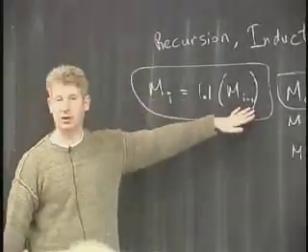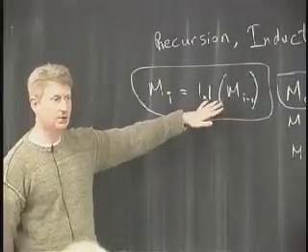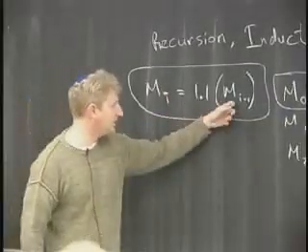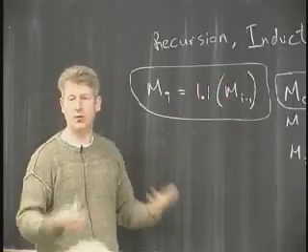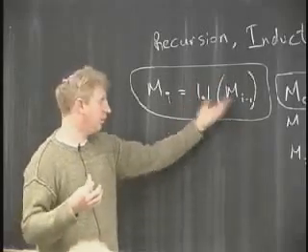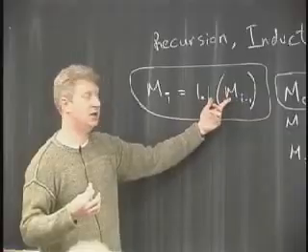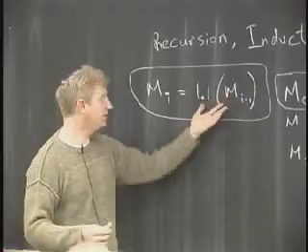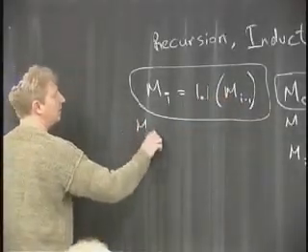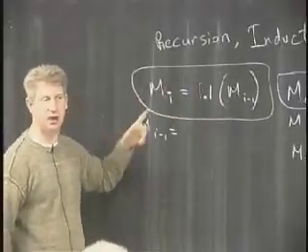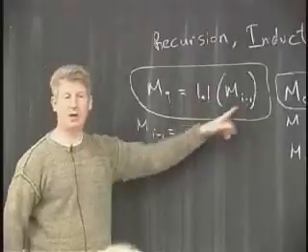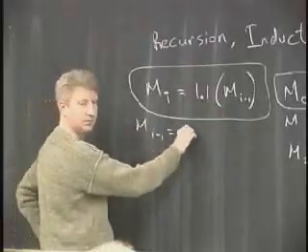We know that this relationship is true. So what we want to do is get rid of this m on this side and just get something like an i squared, something with a formula there. So if we want to get rid of this, we'll just figure out what it equals and substitute for it. Well, what does m_{i-1} equal? The good thing about a recurrence equation is that it tells us what m of anything equals. m_i equals 1.1 m_{i-1}, so m_{i-1} equals